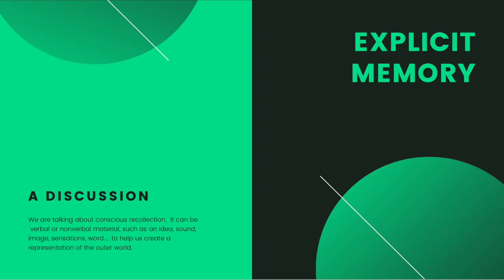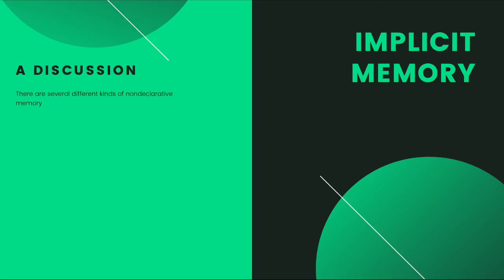Now, on the other hand, we're also going to be talking about our implicit memory. And as we said, when we talk about implicit memory, we are talking about this unconscious, automatic memory system. This implicit memory system is formed on the basis of past experiences and learning. We can talk about our procedural memory,